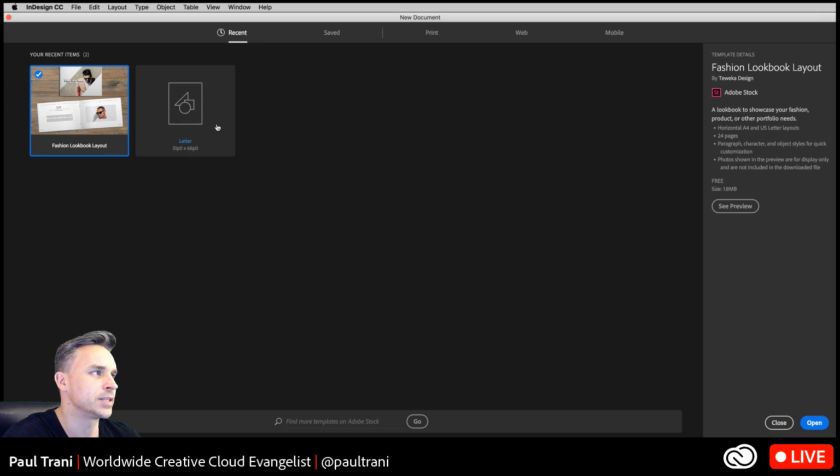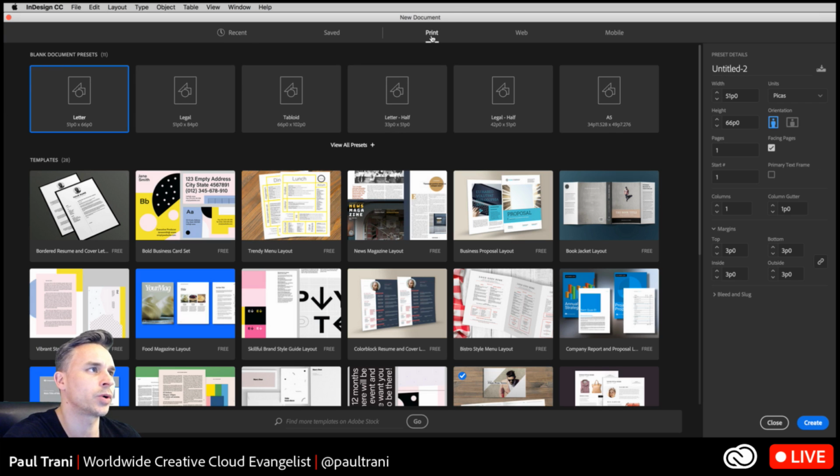not only my recent items, sure that's fine, but if you go into Print, Web, and Mobile, you'll see all these layouts. So this is huge, just having all of these various layouts that you can pick from. All these templates, a total of, something like 45 plus layouts that you can pick from, right?